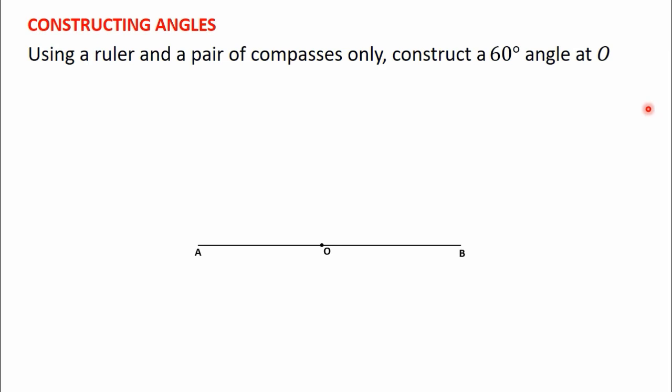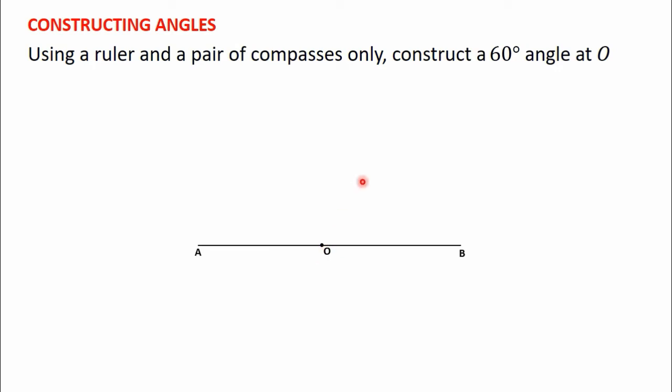Let's start. We have a question here. The question says that using a ruler and a pair of compasses only, construct a 60 degrees angle at O. So we have the line AB and point O falls on the line AB. We are going to use a ruler and a pair of compasses only to construct a 60 degrees angle at